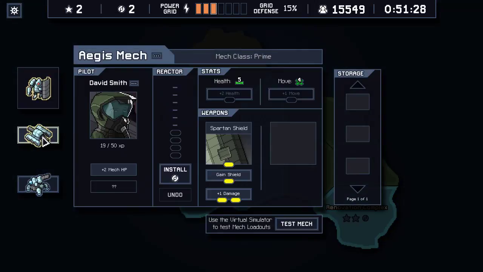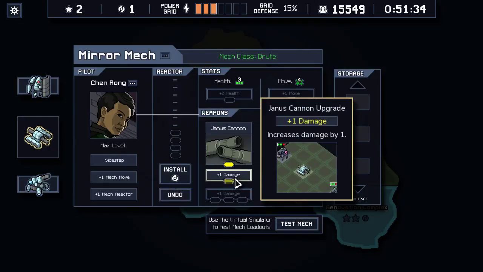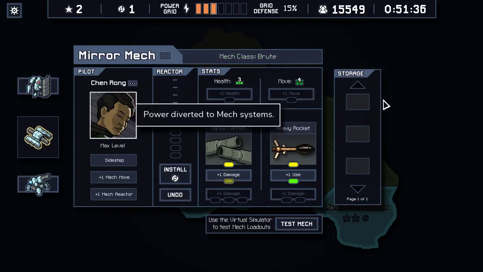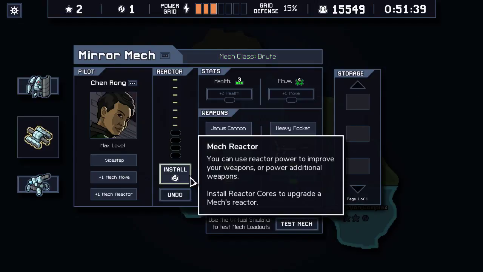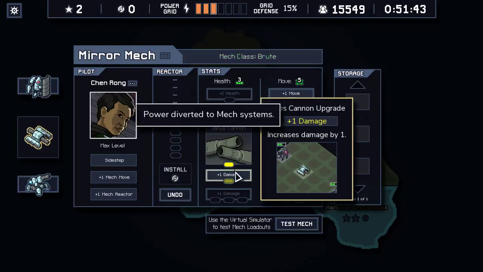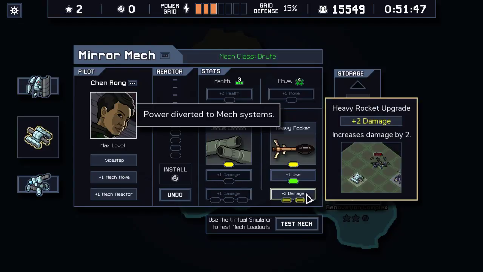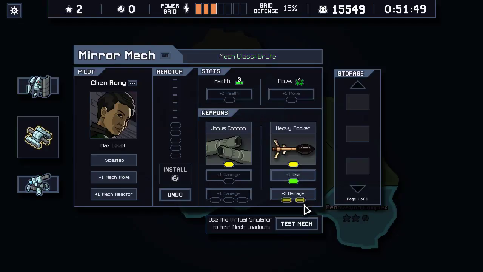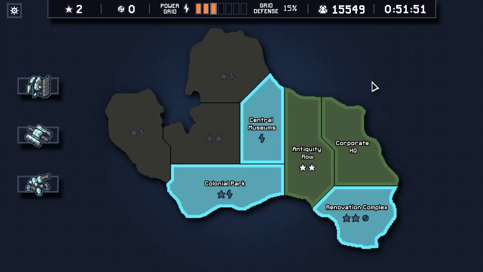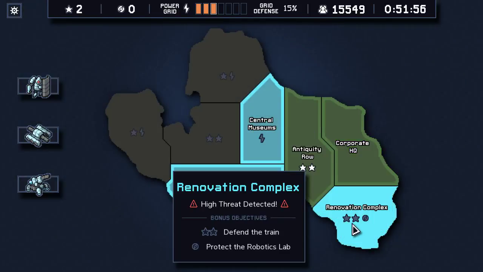We do have 2 mech reactors we should put in somewhere. I just realized. And I did say I wanted them in here. Because 1 equals 1 damage. Then another 1 equals more movement. Or a 5 damage super rocket, which is kind of gross. Yeah. That's fine. Okay, with a 5 damage super rocket, honestly, we should be able to defend the train this